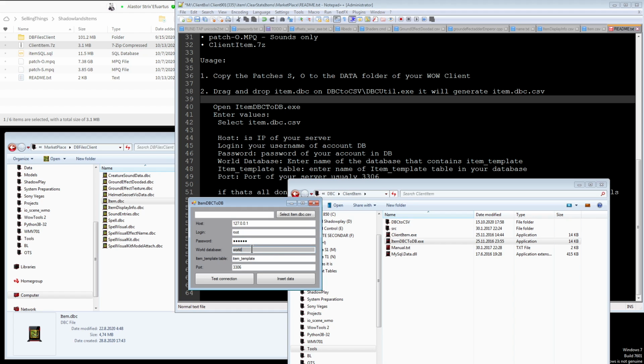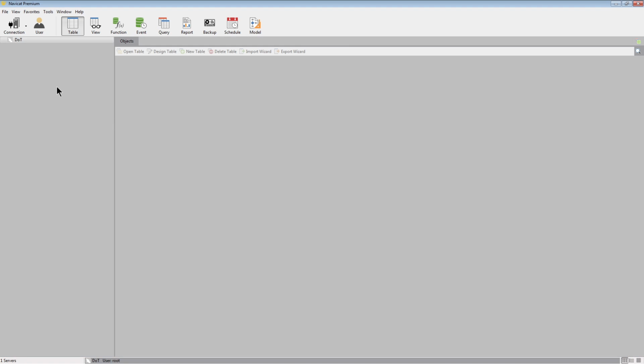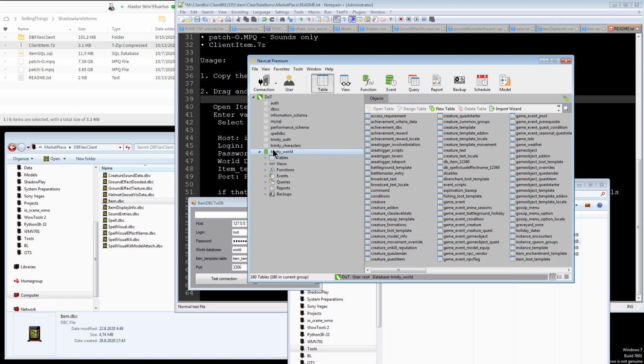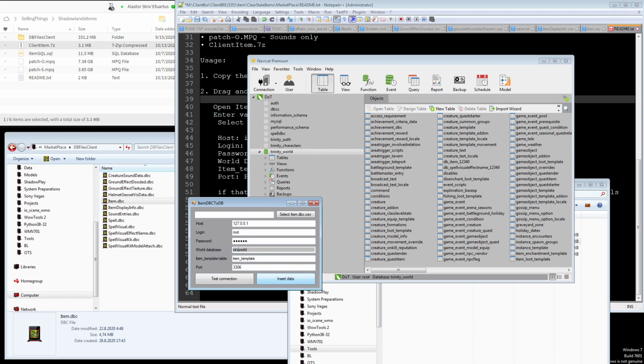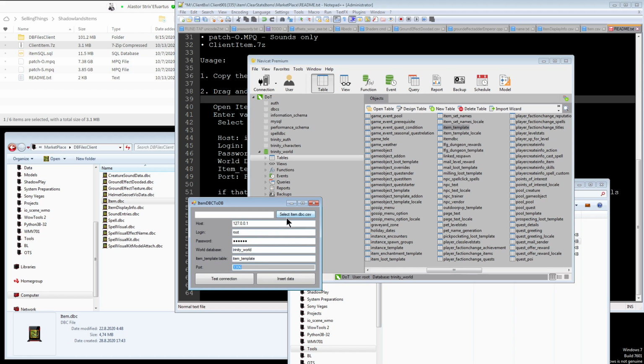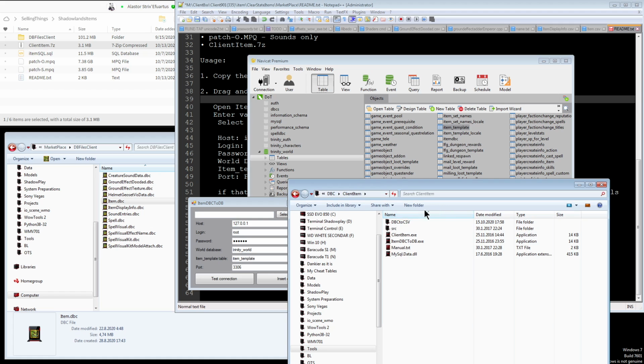World database. Here the preset says world, but when I open my Navicat I can see how my world database is named. It's Trinity World. So you will have to use this name, Trinity_world. Item template is pretty much named the same way. It's in here. Port is 3306, which is pretty much the same. You can test the connection, it should be successful if you've entered everything correctly. And now you can select the item dbc csv